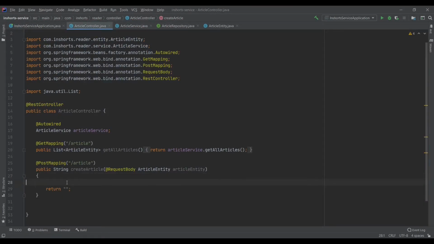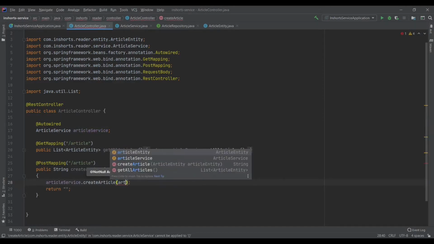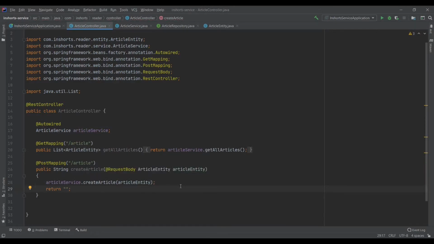So now let's call that service layer method, and now we'll return something. One important thing to note is that we are returning a string. Whenever we return simple objects from any request endpoint, it by default returns a 200 status code. So now we are done with our controller, service, and repository mapping for this new endpoint, but it would return a 200 status code, and that we do not want.